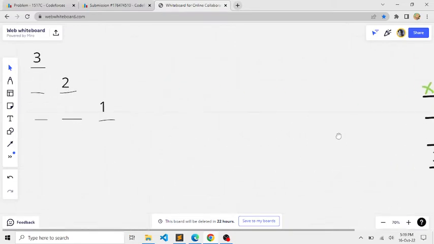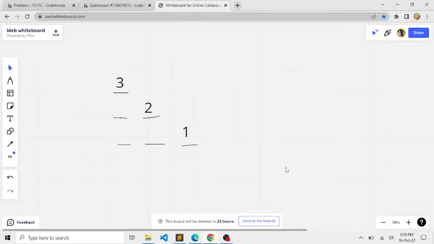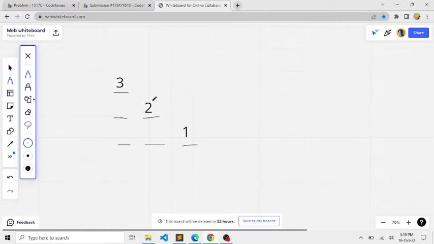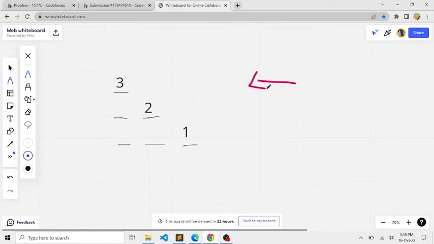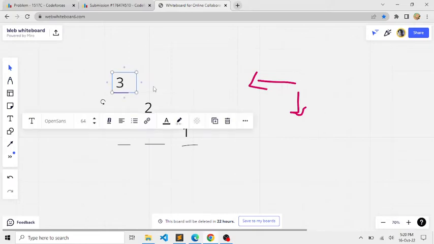So now let's go back to our original problem. In order to solve this problem, we'll use a strategy: we'll start with the first element and first try to move on the left side. If it is not valid or if it is already occupied, we'll place the element on the bottom, that is, below the element. I'll explain what I mean by doing this.